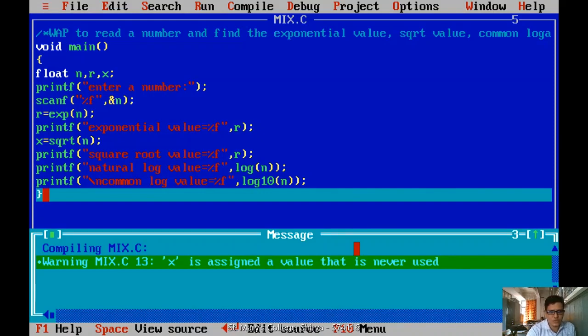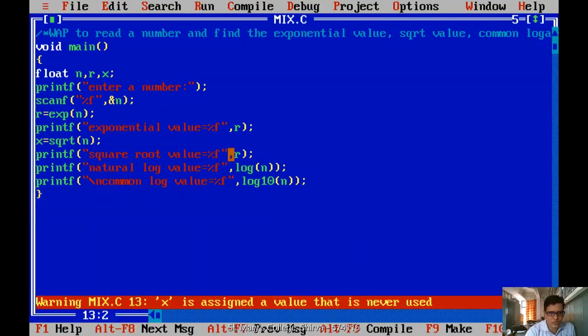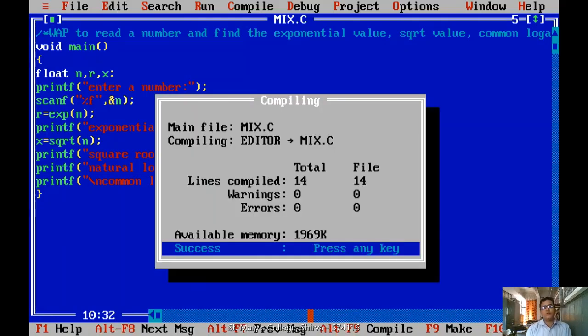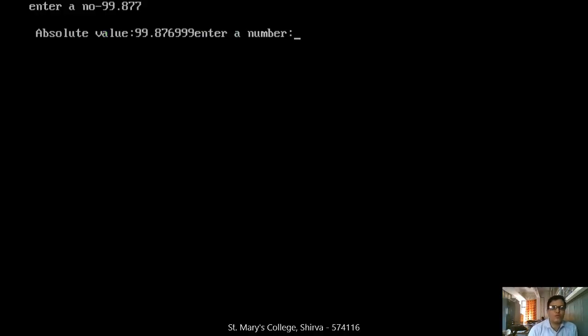Okay, because we have to display here, I am displaying the wrong value. Okay, it should not be that, it should be x. Okay, and I am compiling. If I compile, I am not having any errors, because sometimes if it is a higher version editor, it automatically accepts, otherwise it won't accept.